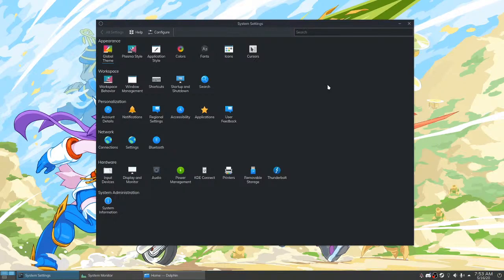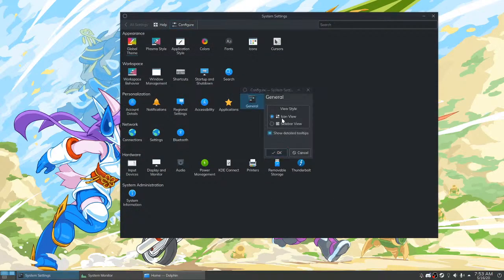You can change it to icons only. Yet another thing that is cool about KDE. I didn't like that other settings style, so let me just change it. Bam, now we have icons. Done. It looks awful. I mean, the icons could probably be a little bit bigger, but I'm okay with it. Reminds me of Windows 7. It's still not ideal. It does need a facelift, but I like it way better than the list style.